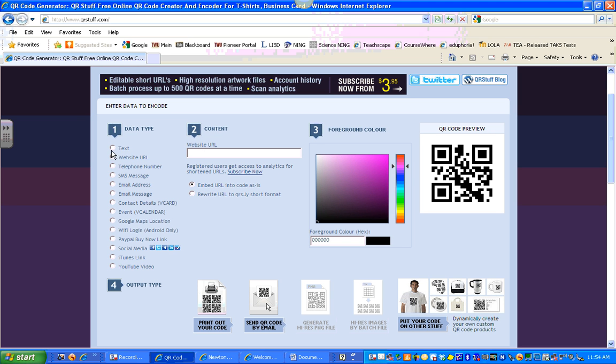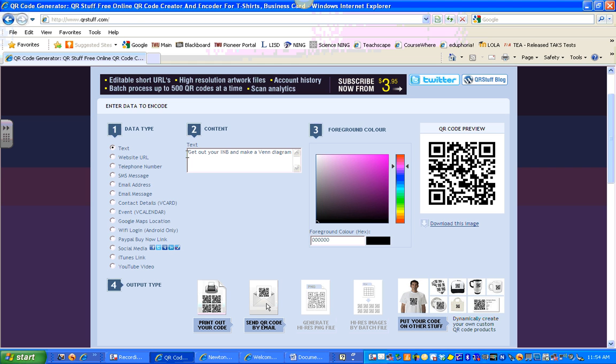For example, whenever you want to write in something, your first step is going to be to choose what type it's going to be. So since I'm going to write, I'm going to choose text. And I had already written, let's say at a station, instead of going to each station that I have set up and giving the students individual directions, you could have it already as a QR code that's printed out and on their station for them. For example, I just wrote in, get out your IMB and make a Venn diagram, let's say from the reading article